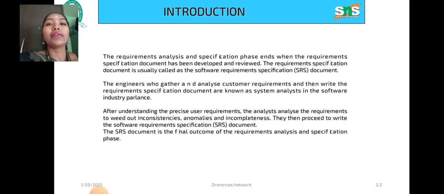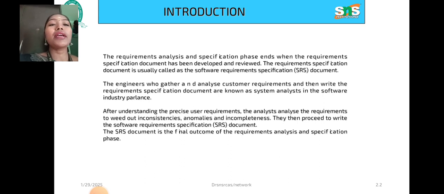In that, we are going to look at the requirement analysis and specification phase. Here we are analyzing the data which is required by the customers or the stakeholders. By collecting the requirements, we make one specific document, known as the software requirement specification document, which is developed and reviewed. This requirement specification document is usually created by